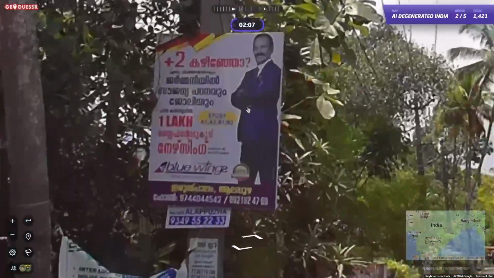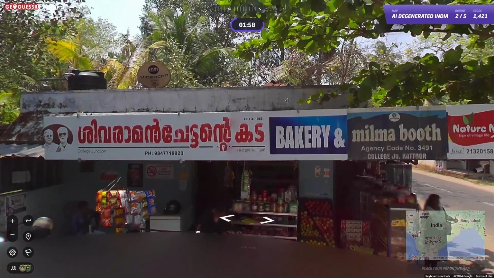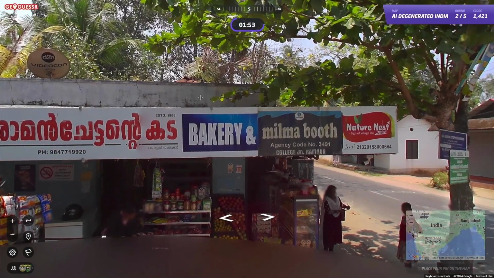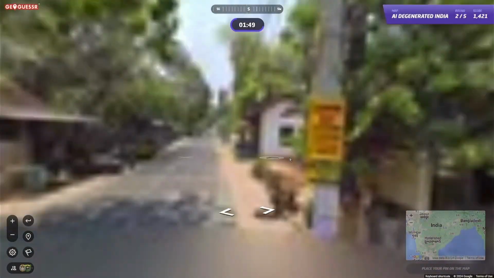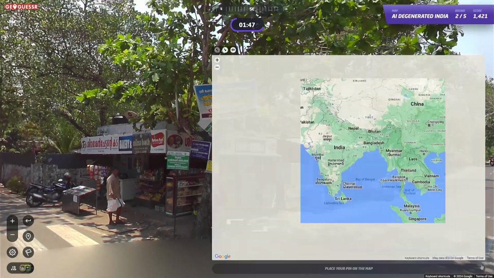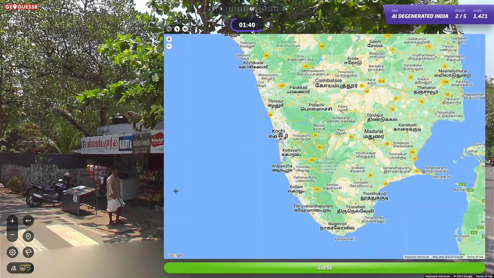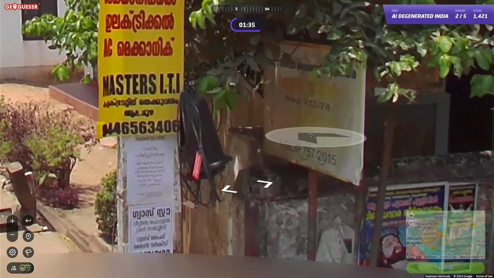All right. Can you tell me which city we're in at the very least? Are you not going to tell me which city we're in? You're not even going to tell me which city we're in, huh? I could put us in the capital of Kerala. The capital is Thiruvananthapuram, but at the same time, it's probably better just to go middle, right?